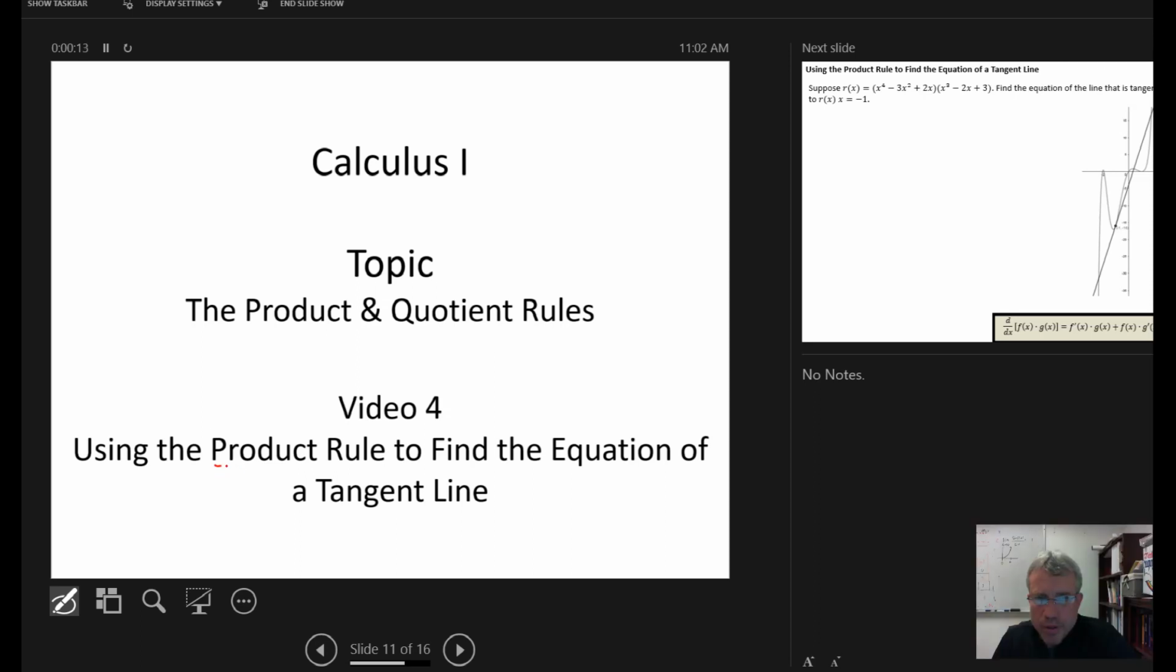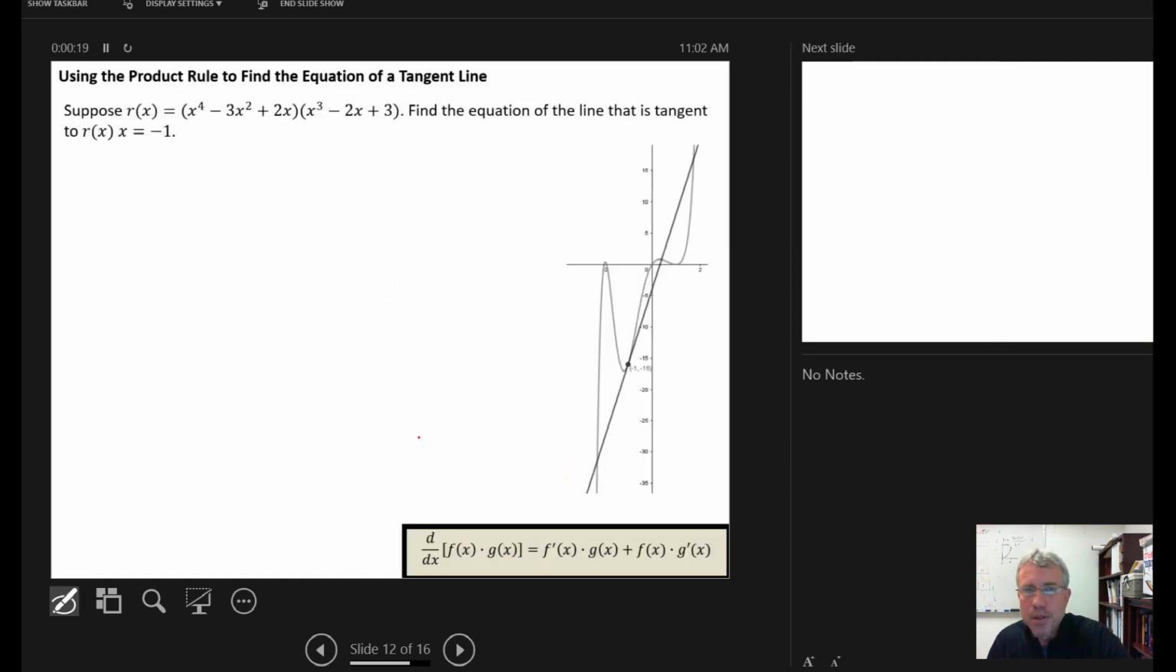So in this video, we're going to use the product rule to help us find the equation of a tangent line to a graph. So this is something we've done already. We've found equations of tangent lines to graphs of functions. So just reminding ourselves, if we're after the equation of a line that is tangent to a specific function, and